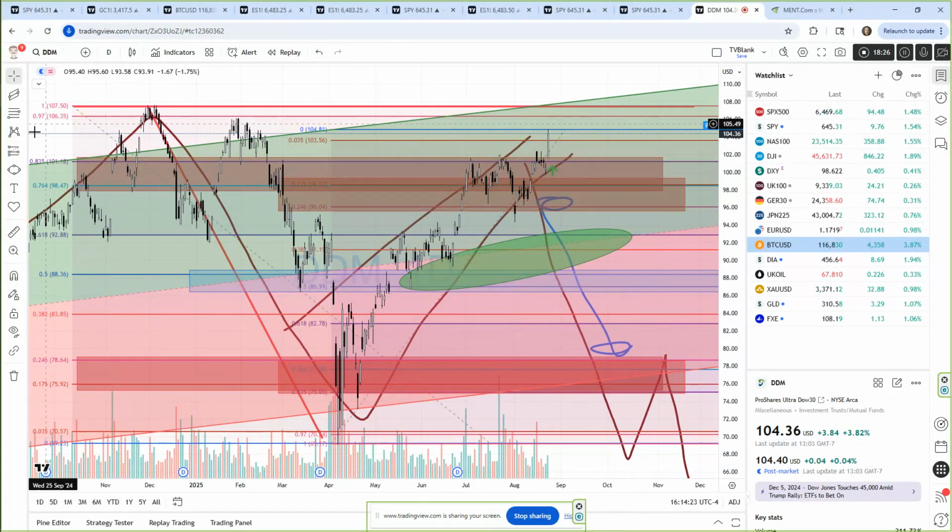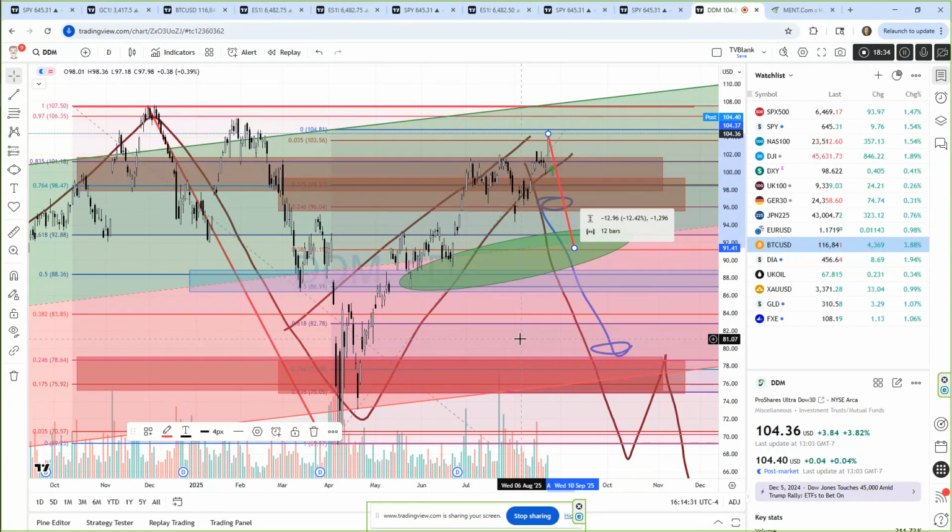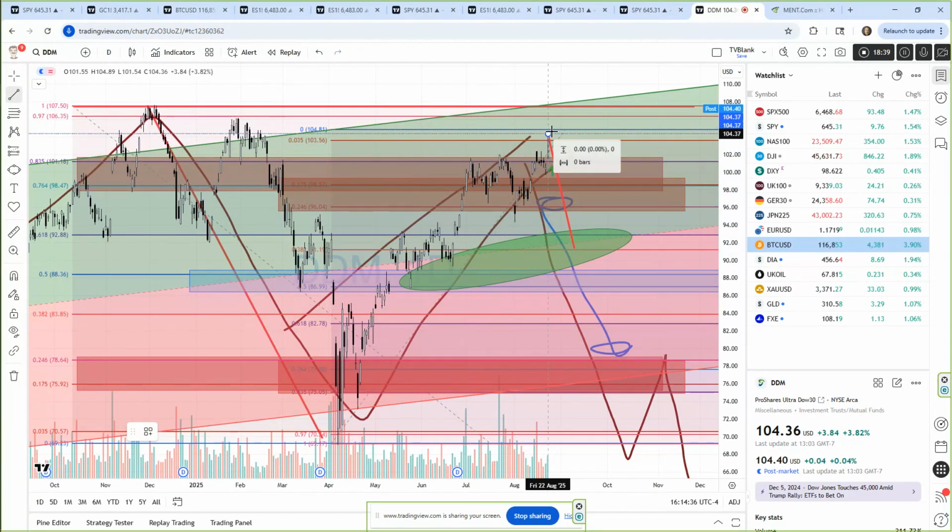So that means that if we do fail, we're looking at a potential 12% downside move at a minimum. And if we do rally, we are looking at a 2 to 3% upside move to get right up into this upper channel. So maybe 3%. So that's a 12% breakdown range and a 3.5%, 3.25% upside range. And this is how you pick apart charts based on ranges and data.